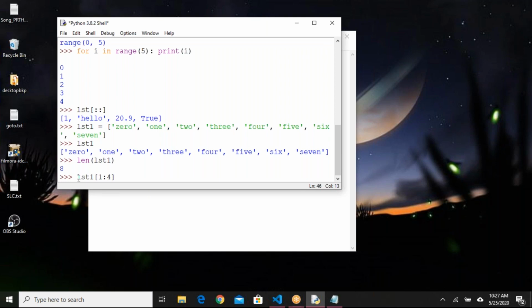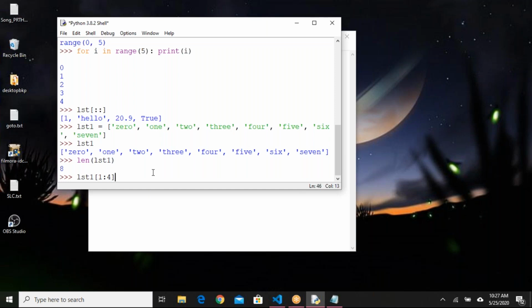Now I'll say LST1 of 1 colon 4, for example. What will it give? It will give a subset of LST1, a slice of LST1. The values included are index 1, index 2, index 3. The starting index is inclusive, the ending index is exclusive.